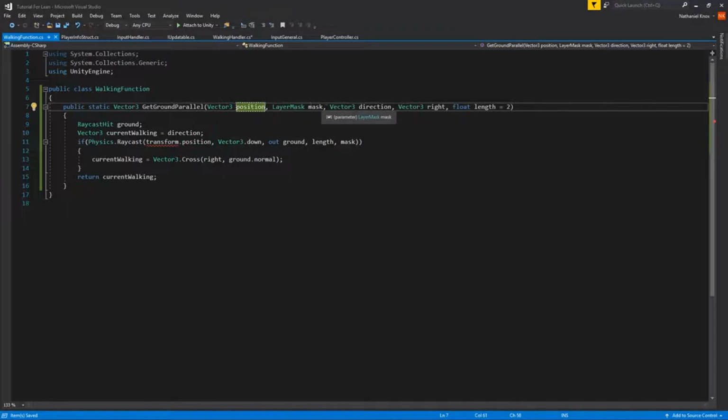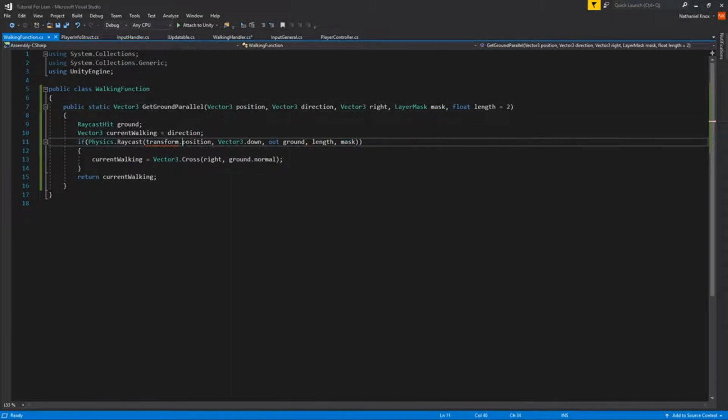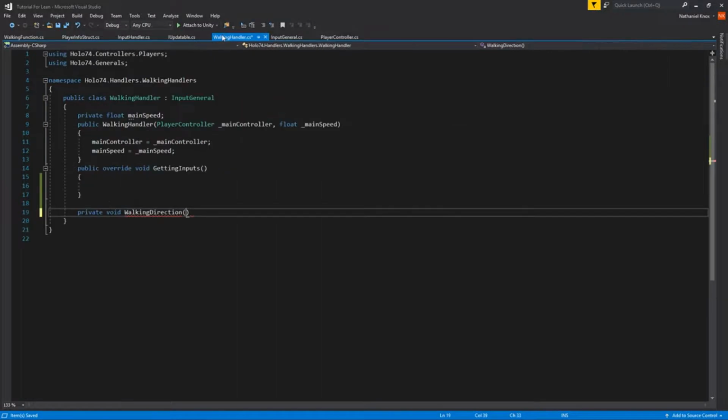Backspace a little bit. Paste. Now we have the position, direction, and right. We have the layer mask, so we're not always getting the wrong thing. Or yeah, we only want to get the ground. Using a layer mask will assist us in getting only the ground. So now we have the position, we have the